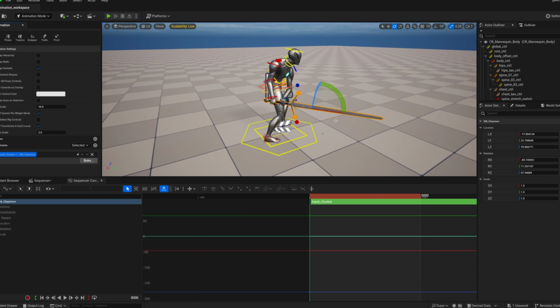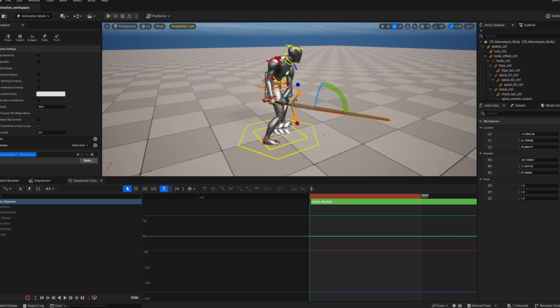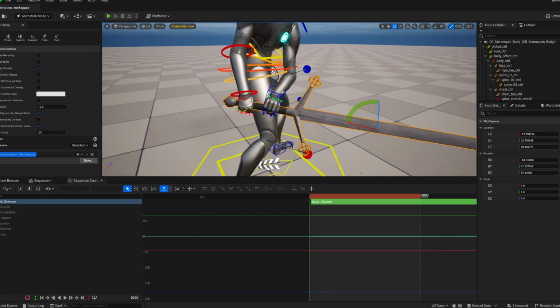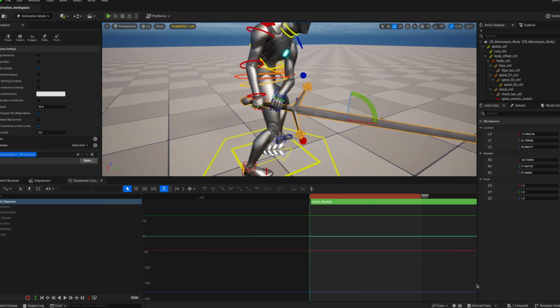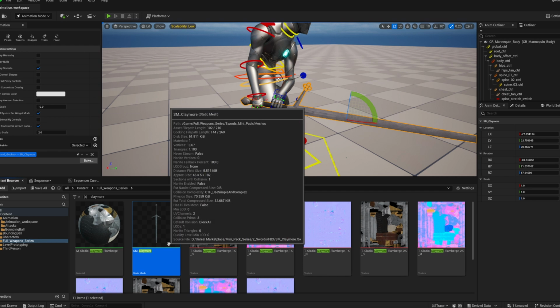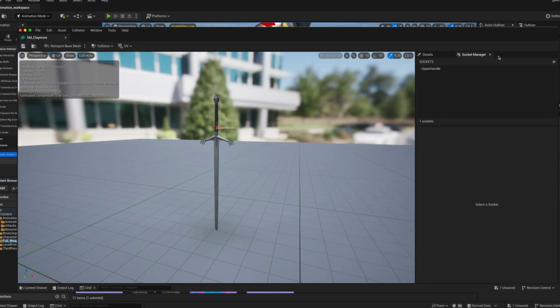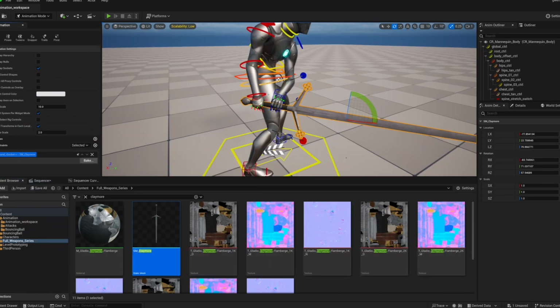Now, what if you want to constrain your character to your prop? Like, for example, I want this left hand to follow this position on the handle of my weapon. So super simple. All you gotta do is add a socket to your mesh, which I already did. Let me go ahead and locate it for you. You just go to the socket manager, add one, name it as you see fit,